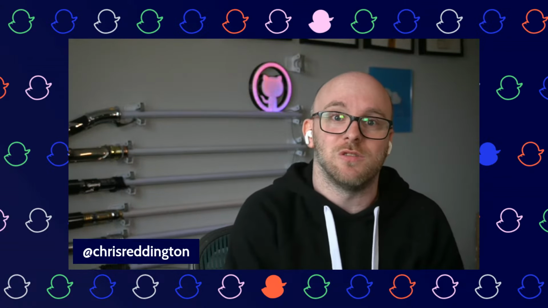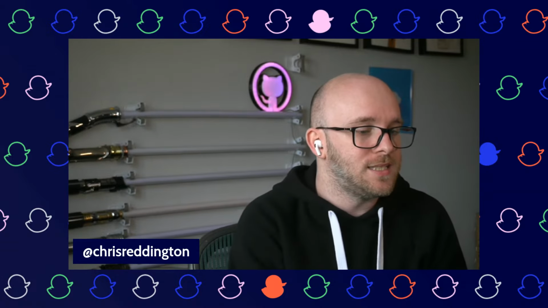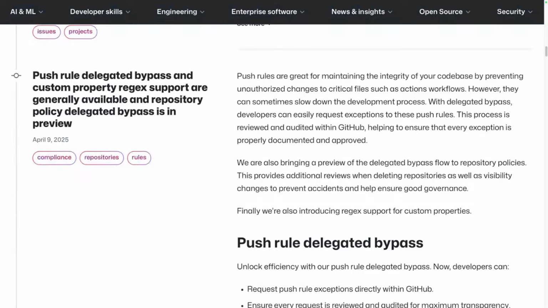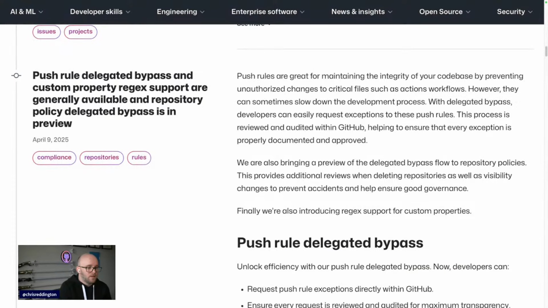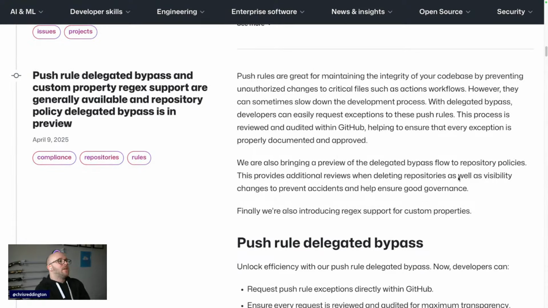The team have been working on a load of different rule sets, so like push rule sets, repository rule sets. There was a third one that I've forgotten the name of right now, but to help with that overall governance across your code, across your repositories. And so what this is saying here, if we bring this back and there we go, is a couple of things. So delegated bypass is where you can authorize certain users or certain actors to be able to go and review before someone can go and override that.